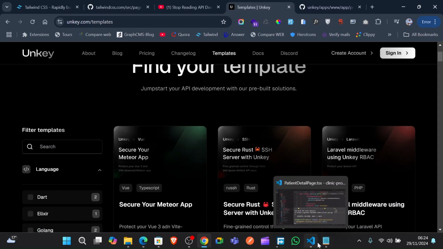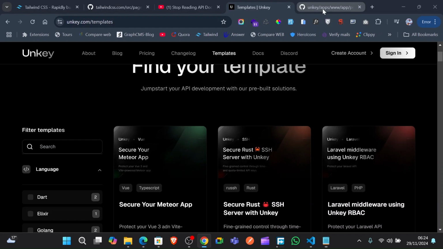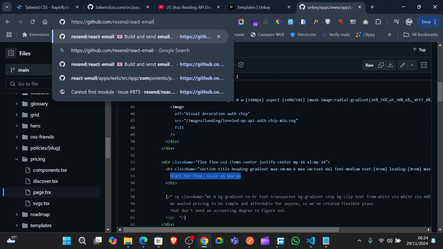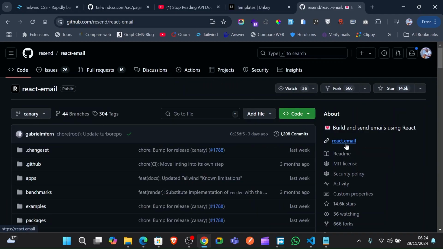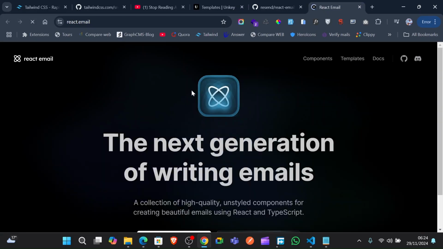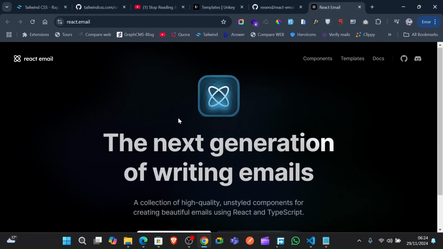So the next one, I don't know if I'm just going to take 10 minutes, guys, for only this. So the next one is React Email. Oh my goodness, we have been using React Email. All of us use React Email, guys. If you're working in a React world, you must have come across React Email. This one also was really nicely put together. You can just look at this, and I'm just going to tag some of my co-workers at work, Colin, Moses, guys. If you just check out this one,